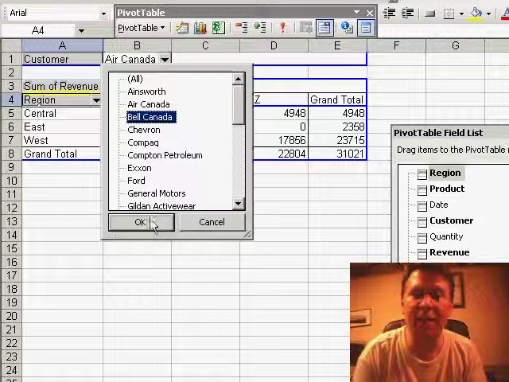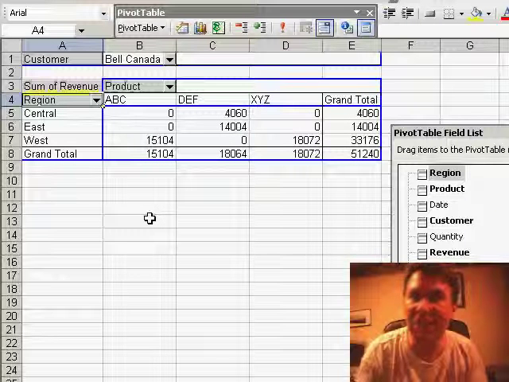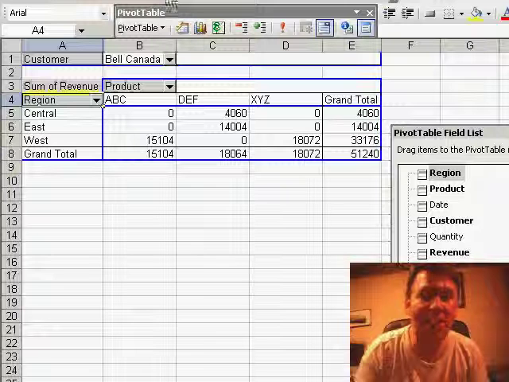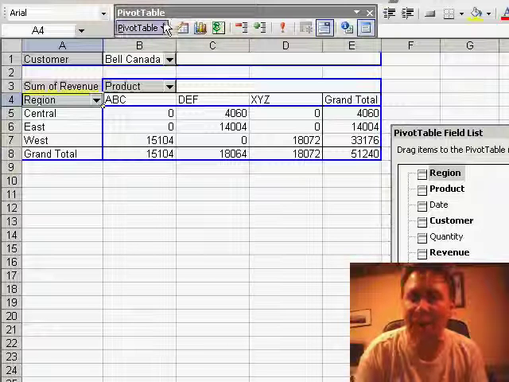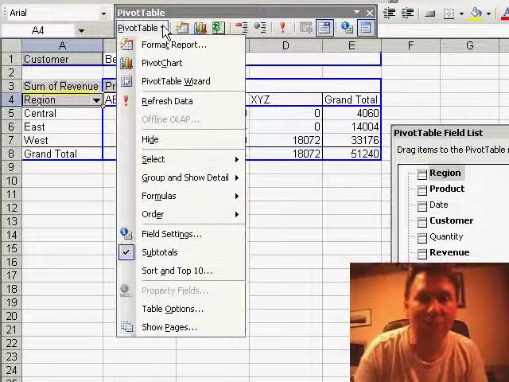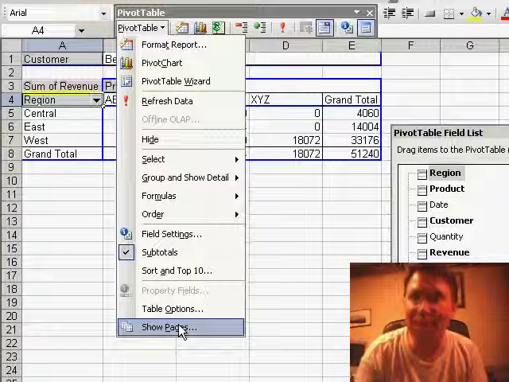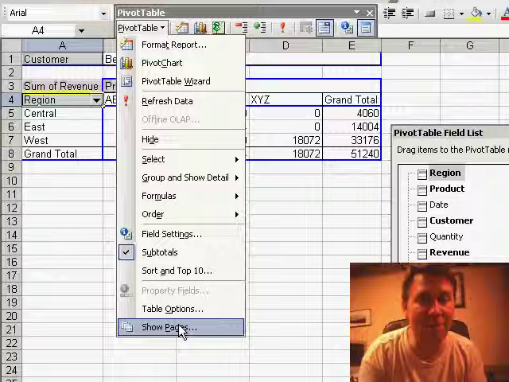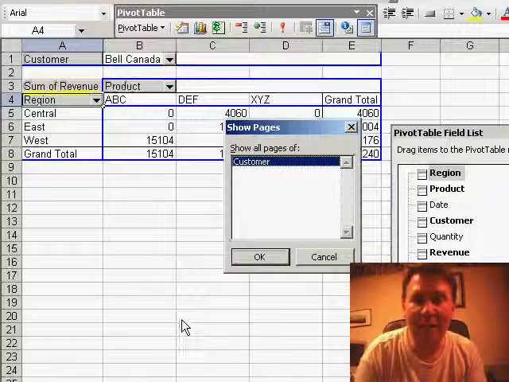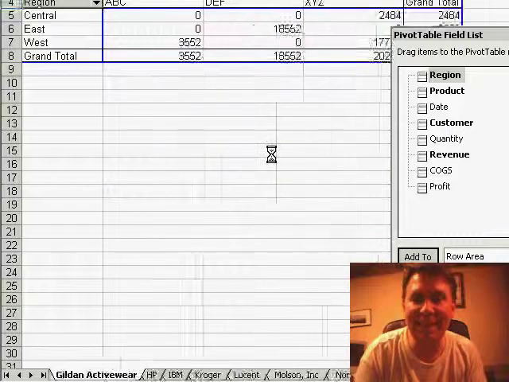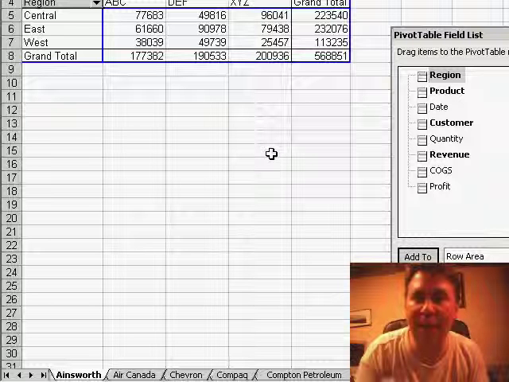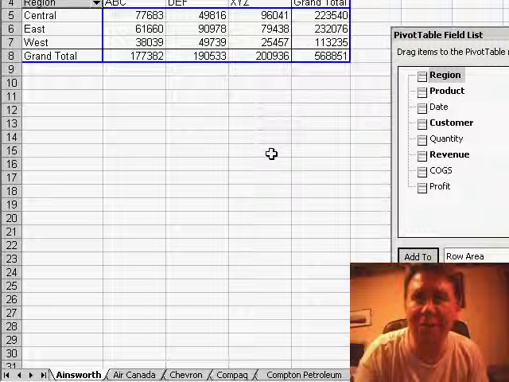Well, that can get kind of tedious if I needed to print the report for all of the customers, and Szilvia's tip is hiding right here on the pivot table toolbar. If I use the pivot table drop down all the way at the bottom, there's something called show pages. I don't know why I never saw this before, but if you have a pivot table with something in the page field and you choose show pages, select that, and within seconds, Excel has created a different worksheet for every